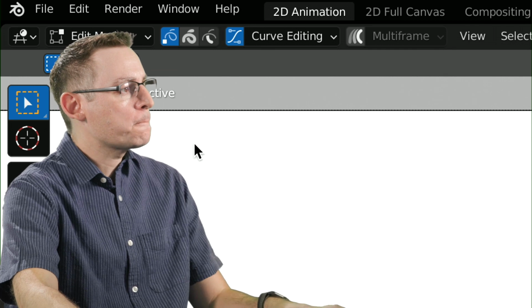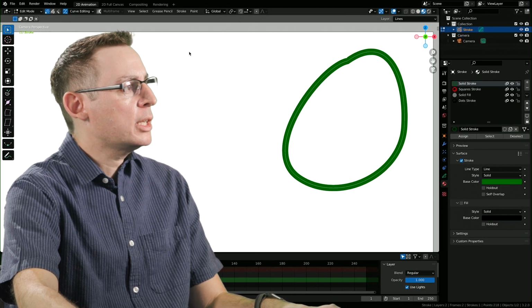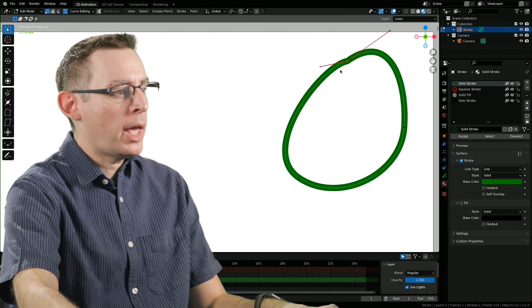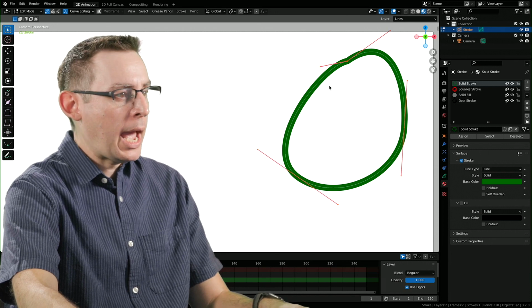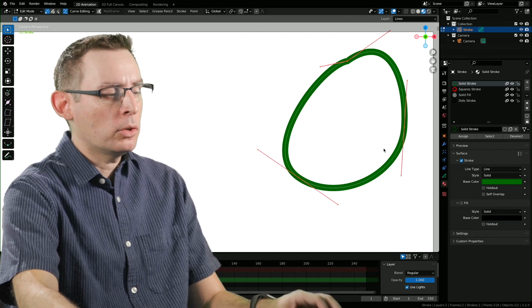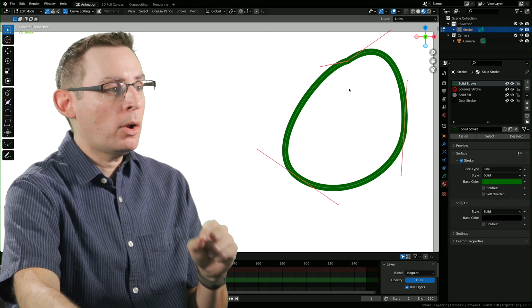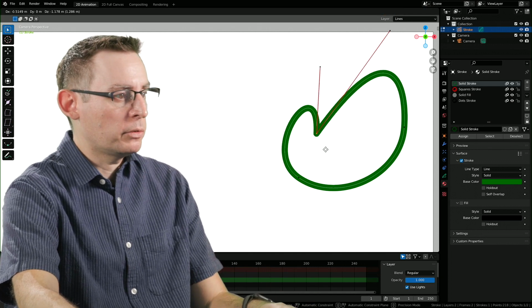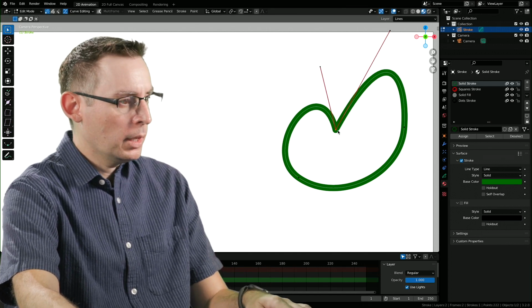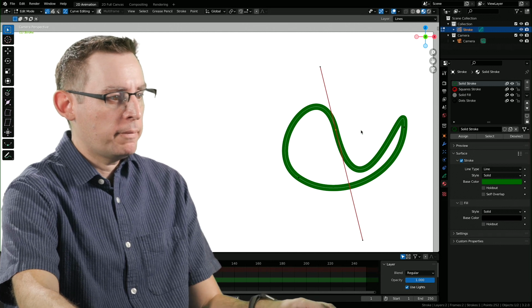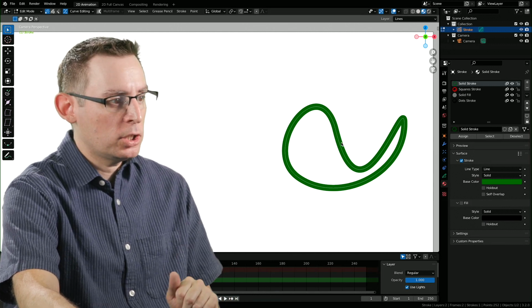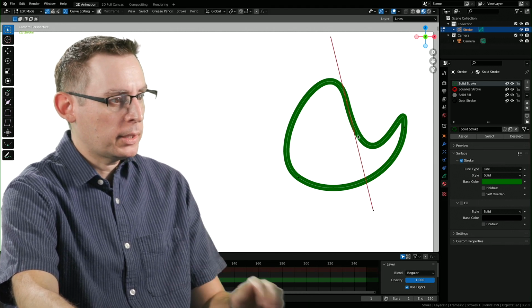I want you to see here real fast that while the curve editing mode is on, we get access to all of these tangent handles. If I was to turn it off, and let me just make a really big change here real fast, something like that. I'm going to go back to, there we go. That's a really gigantic change to this thing. Something like that. There we go.